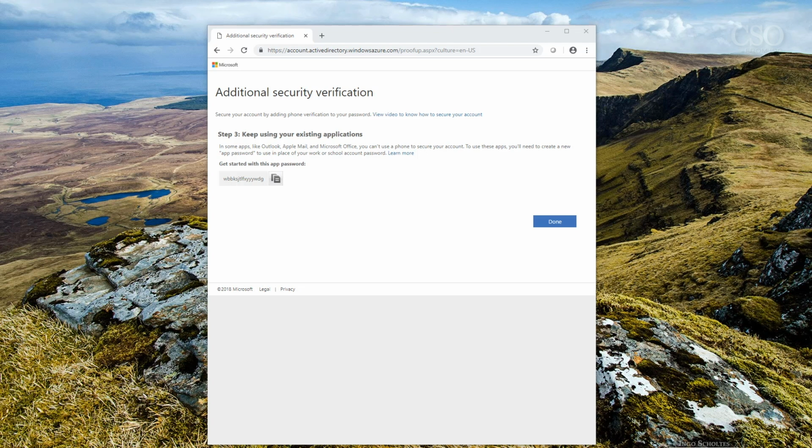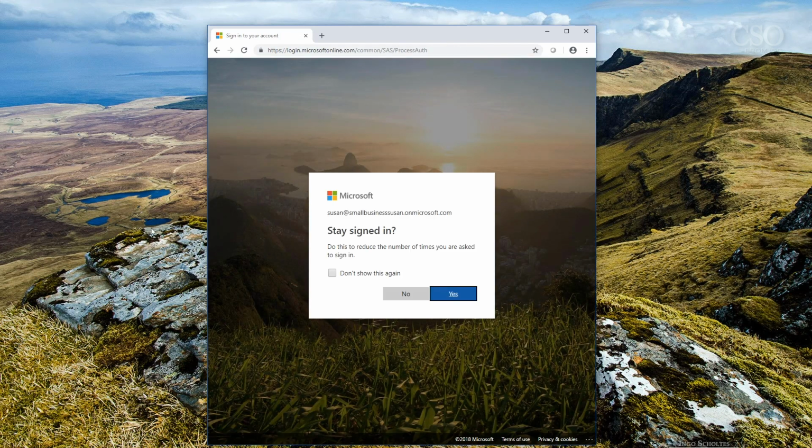So rather than using the actual password that you normally think of, you copy and paste this. So you go over here and you copy the little code in there, and then you put it into the application that needs an additional verification. Once you're done with that, you click on Done, and you're set to go.